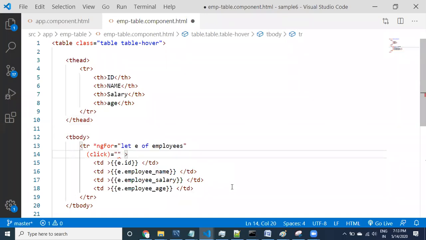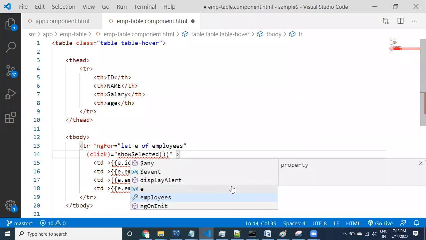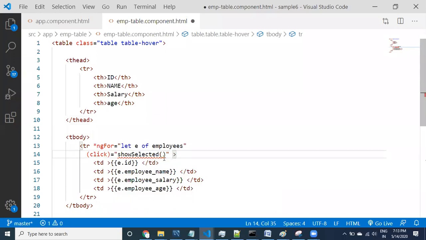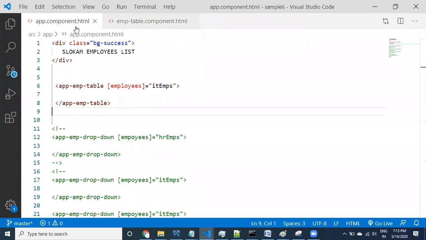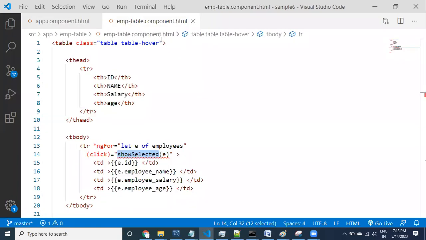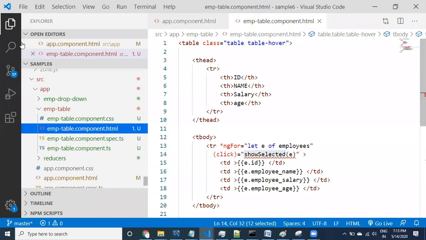I have to call a method, show selected. Provide the total employee object, not just the employee name. You'll be receiving the total employee object, so that using that employee object, whatever information you want, you can print there. Now take the method name. I have to create a method inside the component class. Which component class? Employee table component class.